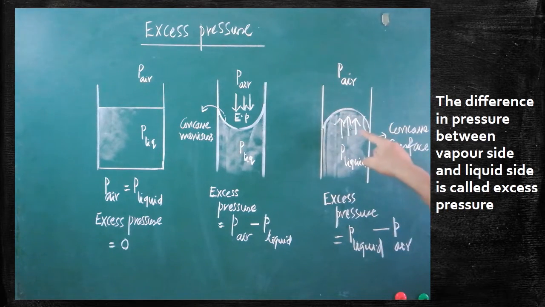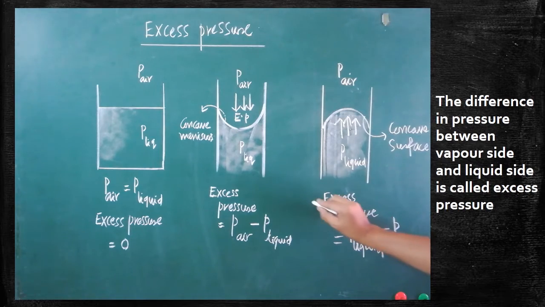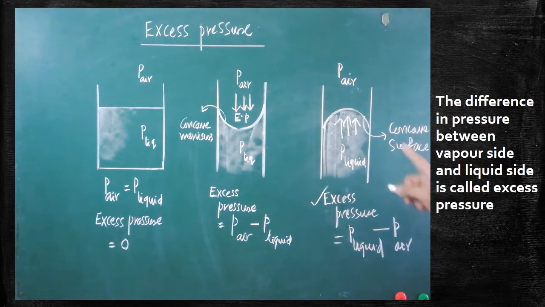Again, the excess pressure acts on the concave surface. Always on the concave surface, excess pressure is greater. The difference between these two pressures must be called excess pressure. That you should know. Are you clear? So, the excess pressure is acting on the concave surface. And in the meantime, the pressure exerted by the liquid will be greater. Pressure exerted by the air will be lesser. So, this knowledge is essential. Excess pressure is nothing but difference in pressure between these two surfaces.